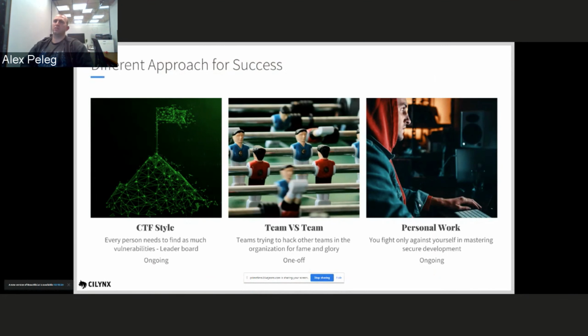We can use gamification and do it in a CTF style. CTF, the capture the flag activity, is where we have a competition between different teams or between different people in the organization, and they all need to solve specific challenges, and by solving the challenges, they become better at security.